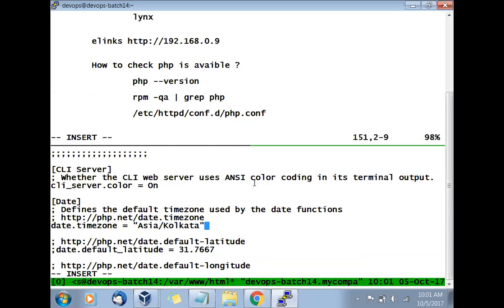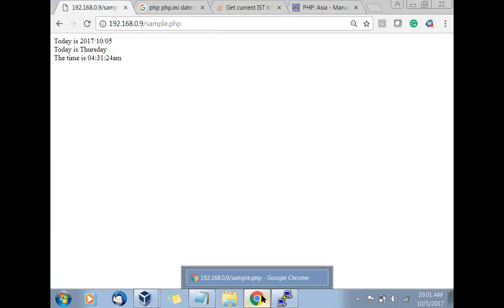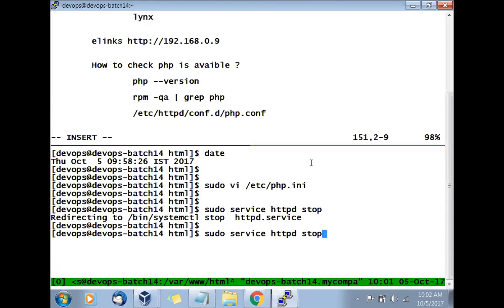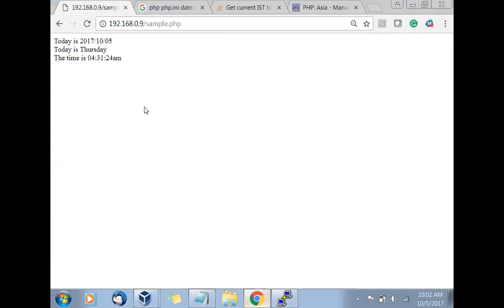Okay. Let's try with this. Let's go and see that. There is my page. What does it say now? It's not in effect. Why? Correct. Whenever you make a change in the configuration, you need to restart. Let's try with that. Let's stop it. Let's start it. Let's try this. If this works, good.